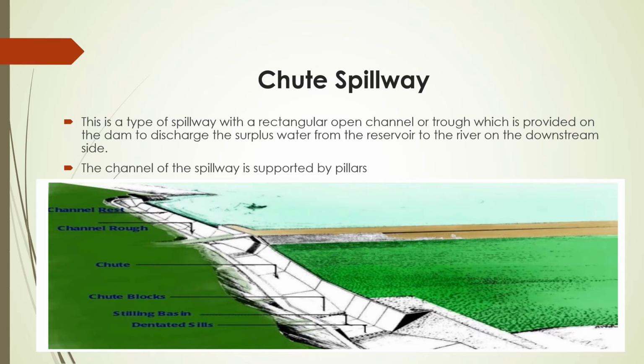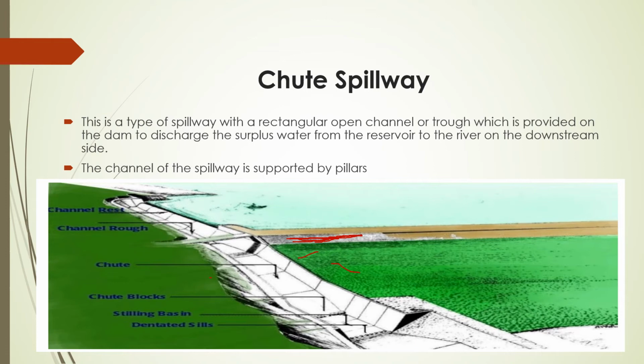This spillway is present near the embankment of the dam. This is the dam portion. I am marking in the picture which is given in this slide. This is the topmost portion of the dam, and this is the berm, the soil berm, and here is your chute, this chute spillway. This chute spillway is supported by pillars, in order that it will not collapse if there is any earthquake or something.